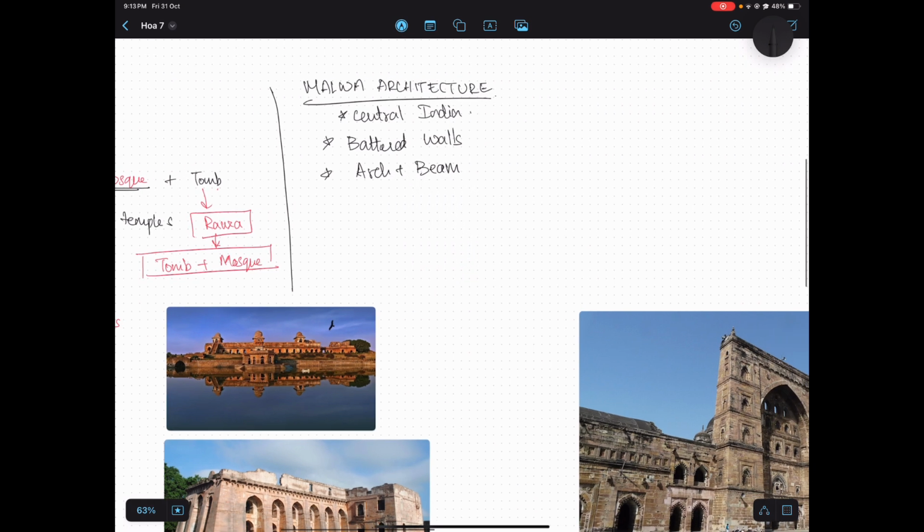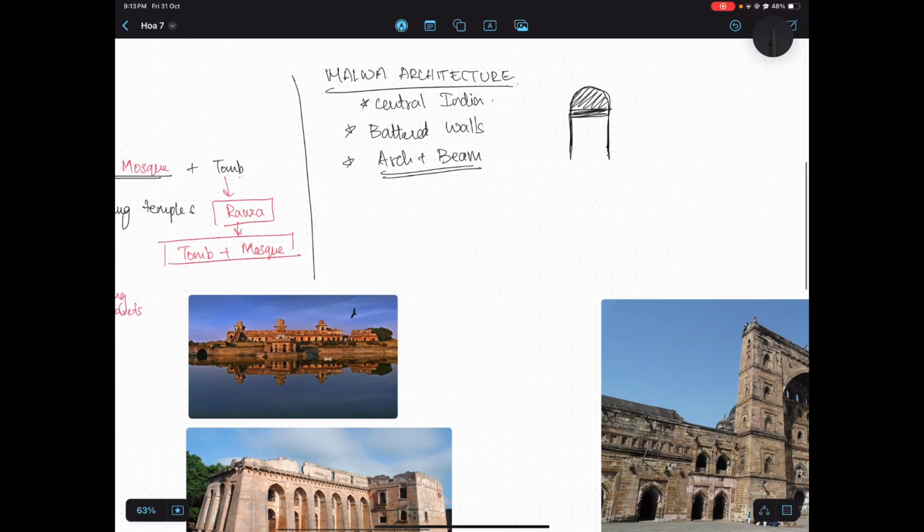This is something that is found in the Ghiyasuddin tomb that I forgot to mention in the last video. They have your arch, but you also have your beam going on. So they use the arch plus beam structure like the Tughlaq dynasty,